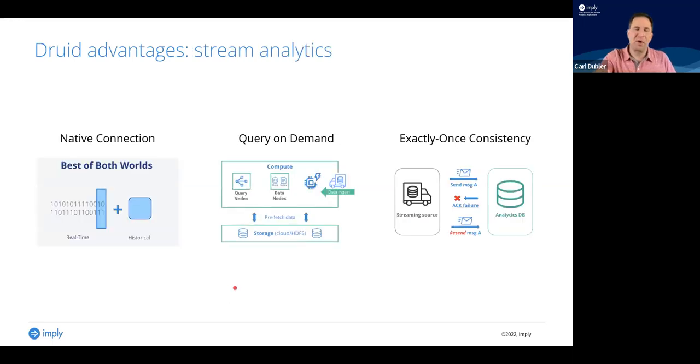Another advantage, because of our architecture, is with stream analytics. Druid was really built for stream analytics. And there's a couple of things here, three things in particular we do that are unique in the analytics business. One is we natively connect to Kafka, Kinesis, and Azure Data Hub. Everybody else, ClickHouse included, is using a connector. So if you go to, say, Kafka's connector page, you won't find us there. We don't need to be there because we natively connect,